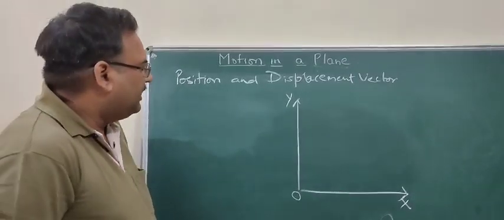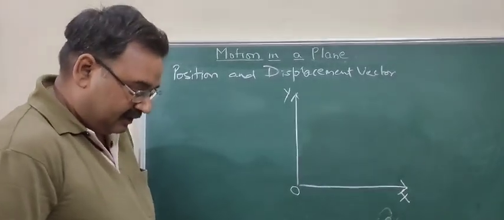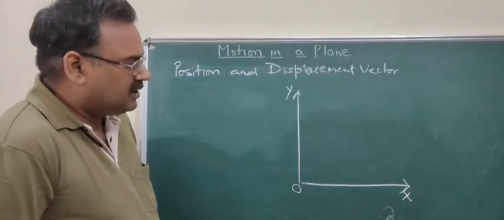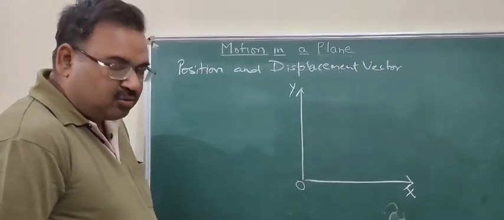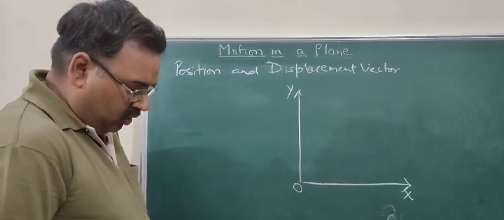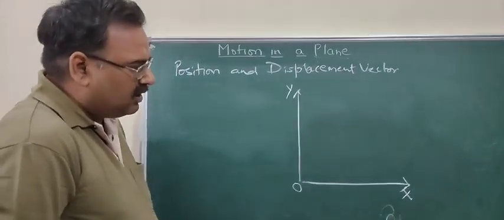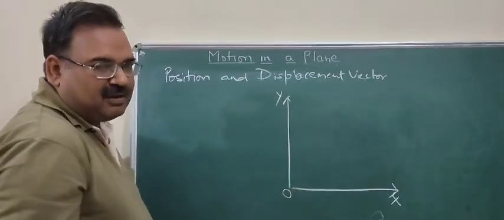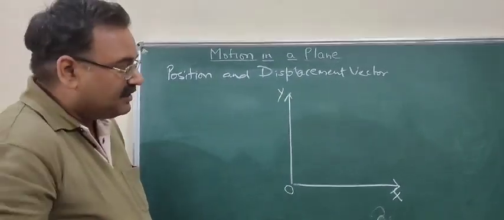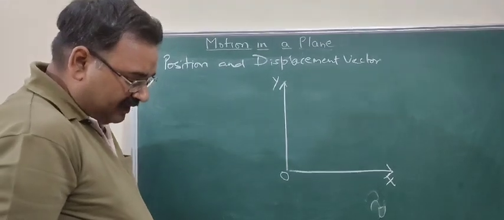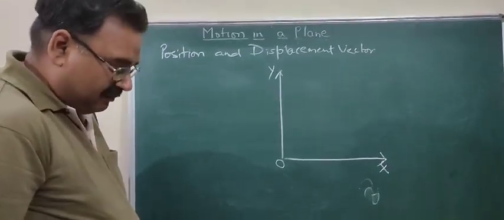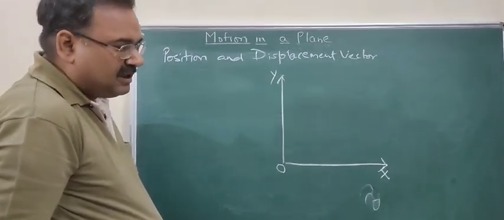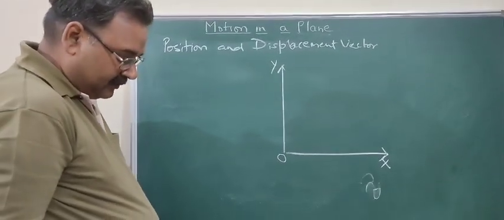The next important point is position and displacement vector. So we are going to talk about what is position vector and what is displacement vector. Now to describe a motion of an object in a plane. Now what is a plane? Plane XY. This is a Cartesian plane, XY plane. It makes a surface that is known as XY plane. So if we have to describe a motion of an object in XY plane, we use position and displacement vectors.